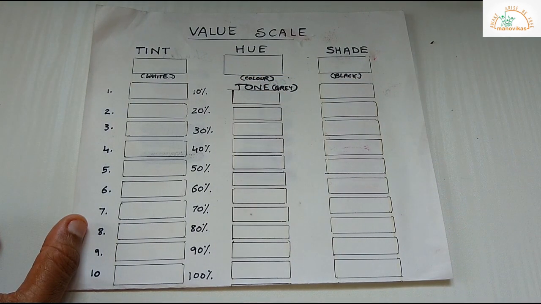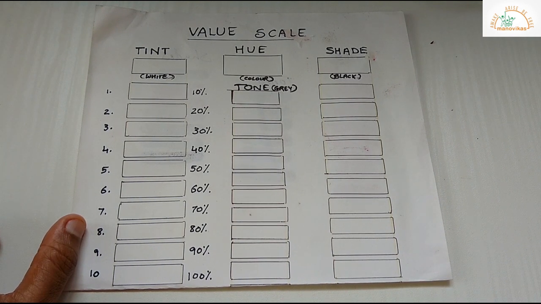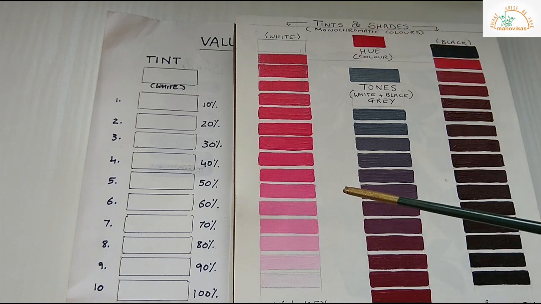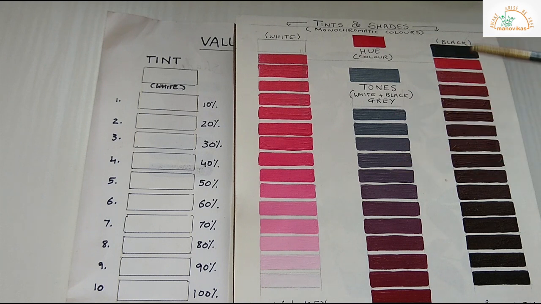Hue is a pure color and is generally referred to as hue. The value of a hue is adjusted by the addition of either pure black or pure white. Value is the measurement of the amount of black or white mixed into a pure hue. This will be the final outcome.